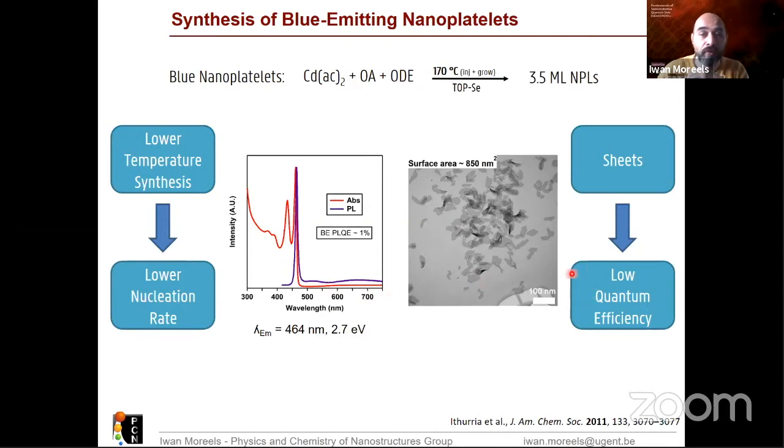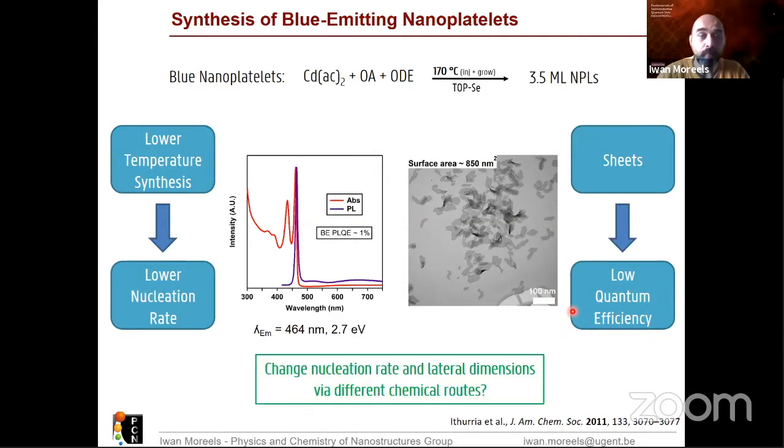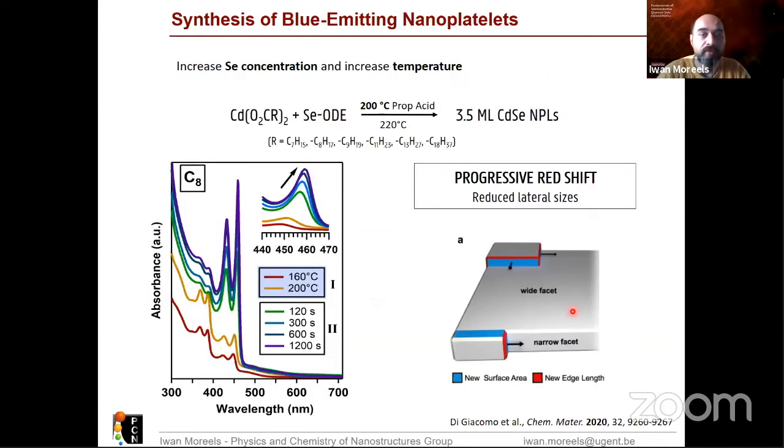These sheets also have a low fluorescence efficiency, so you can't do much optoelectronic studies on them afterward. So we tried to solve this problem by adapting the synthesis a little bit, which worked actually very recently. The way we modified it was simply increasing the selenium concentration to push this nucleation rate up a bit. But in addition, we also had a look at the effect of the long-chained ligands attached to